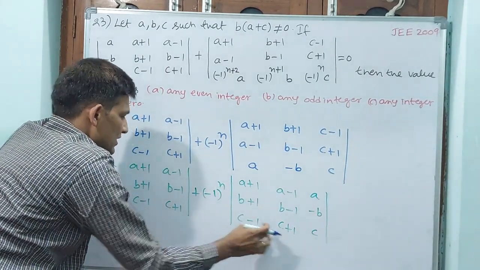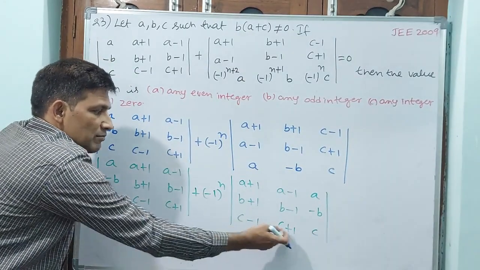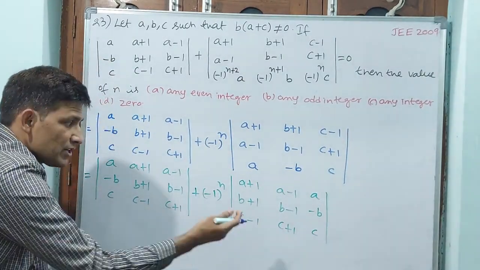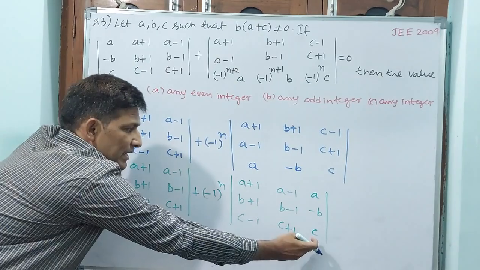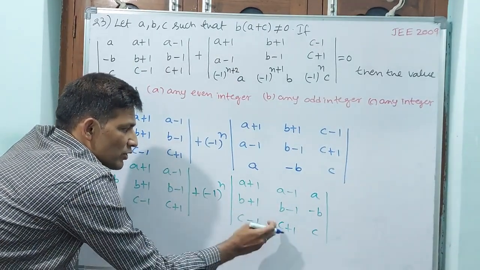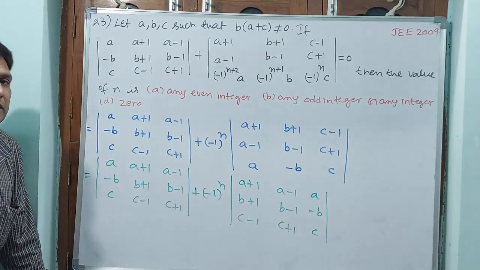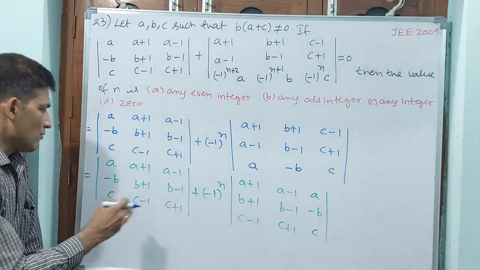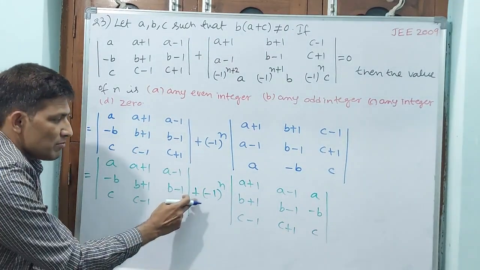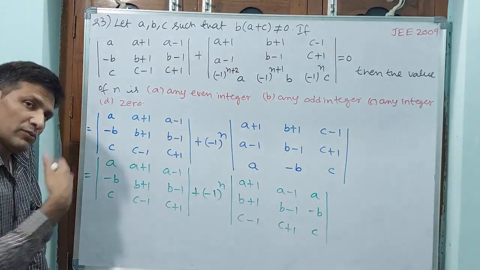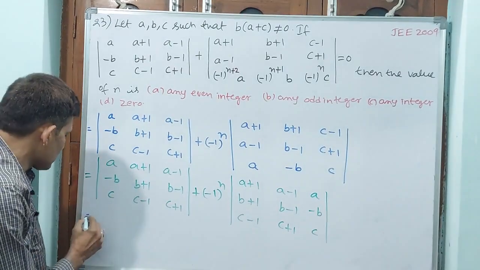Now see here only C minus 1 will be in first, but again you are changing. That means if you change two times, automatically this is going to come here and this is going to come here, this is going to come last. Okay, you understand now? Both will be same then. That means this symbol you need not change two times. Once for all you can do. Okay, we'll see what I am doing now.